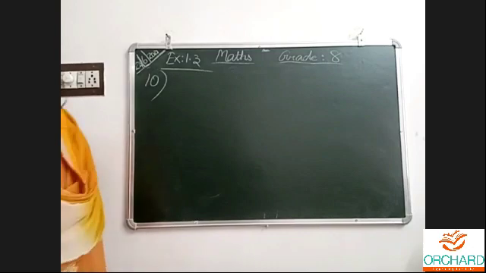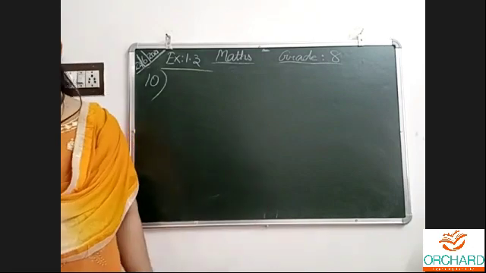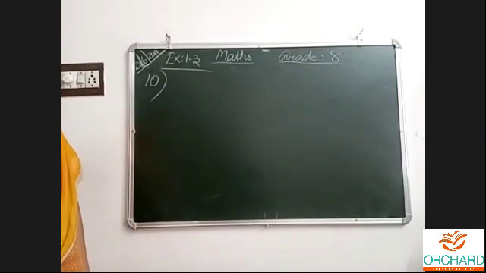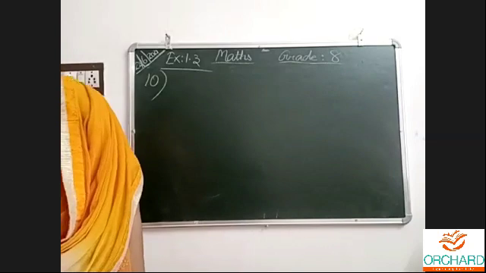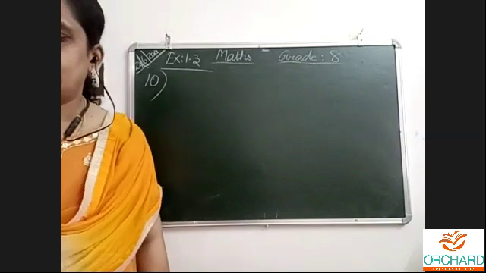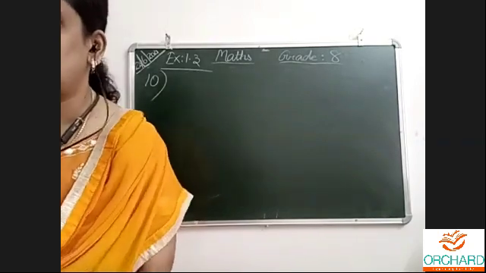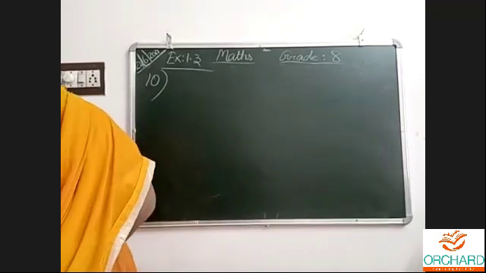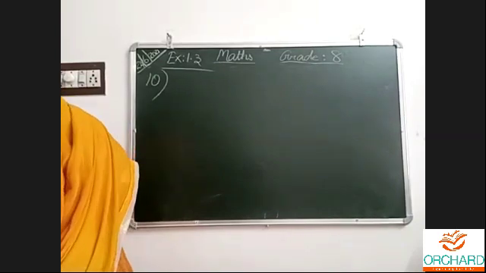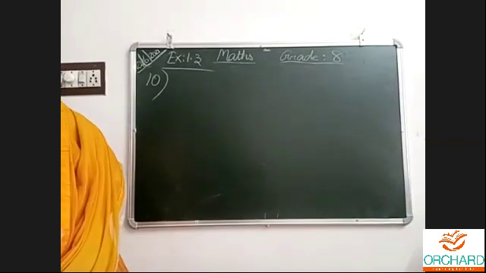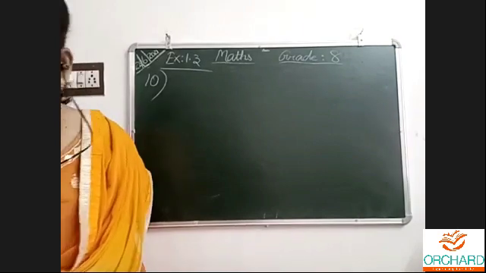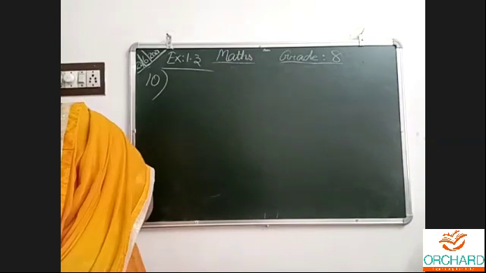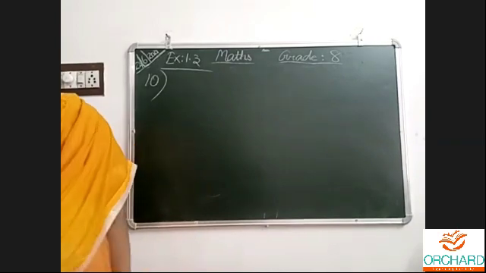Since this is a word problem, again I am doing. 9th also word, 10th also word problem. Okay, I am reading the question. Jaspreet, Kiran and Lisa swim the laps in a community swimming pool. They take 2/3 of an hour, 5/6 of an hour, 4/5 of an hour respectively to complete one lap. Who takes the least time to complete the lap? Hint is given. First express the time in minutes taken by each of them to complete the lap.